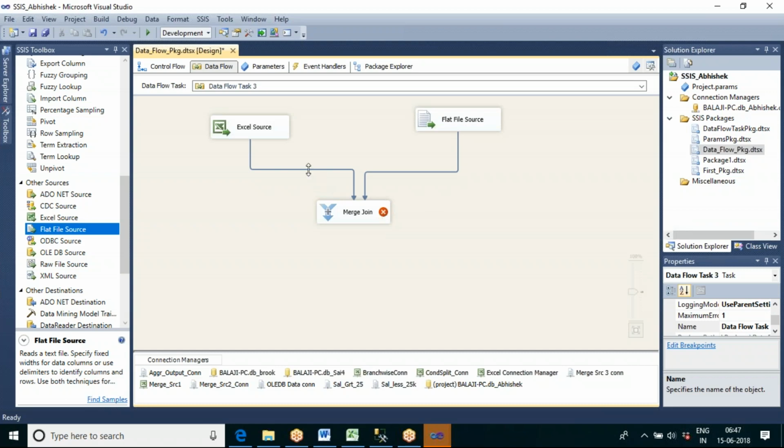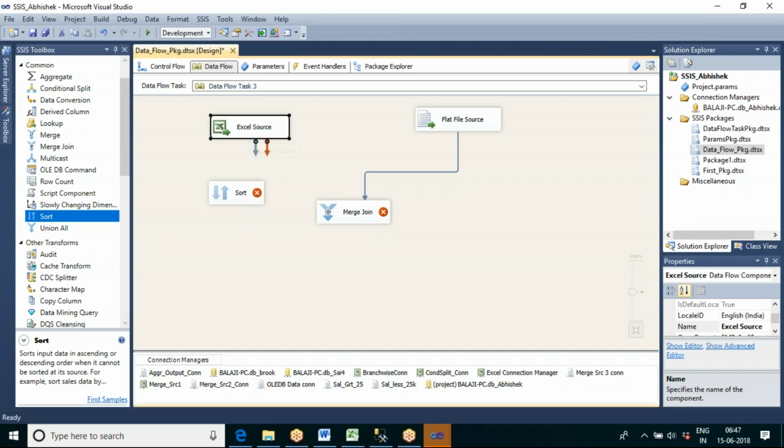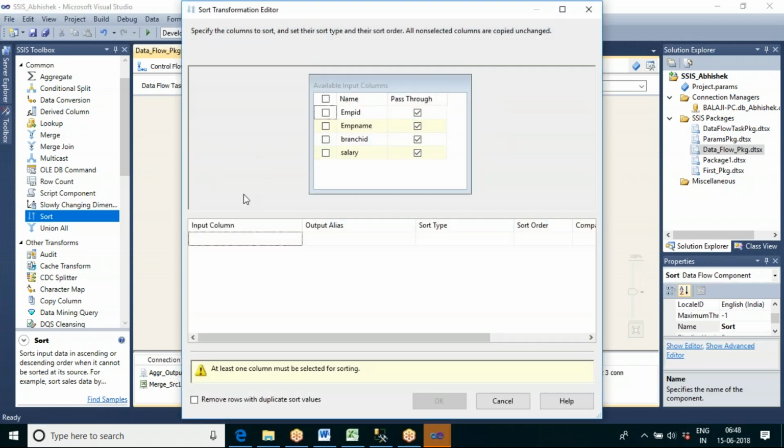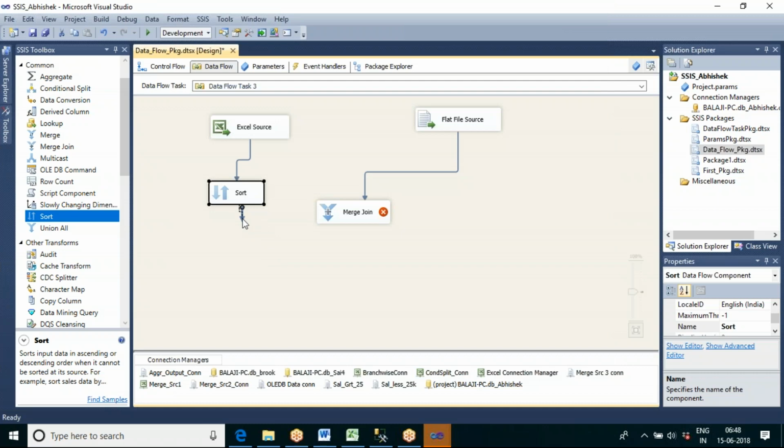Let me sort the left. Using the sort transformation, I am sorting the data based upon the employee ID, and I am passing it to this.